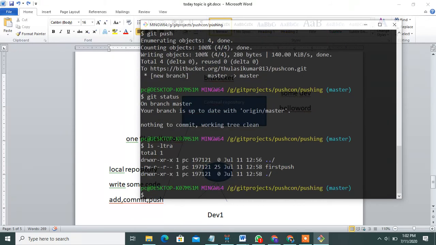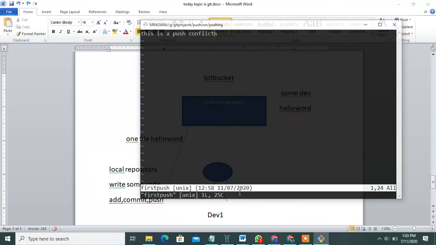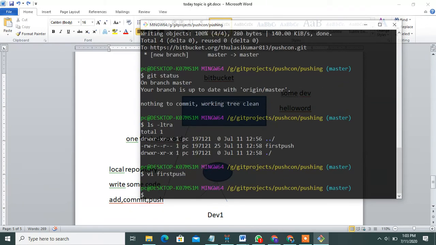You can modify it and add some changes. Then developer one takes this file, vi first push, takes this file, in insert mode writes some code also. This is my second line. You can add some line also, then save.